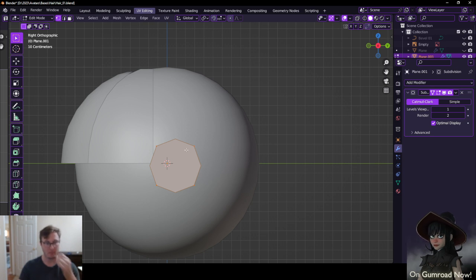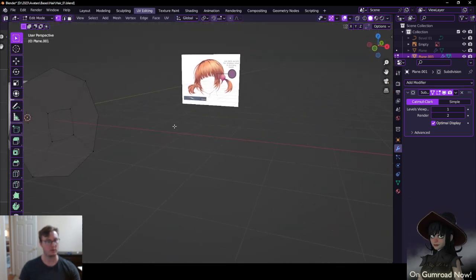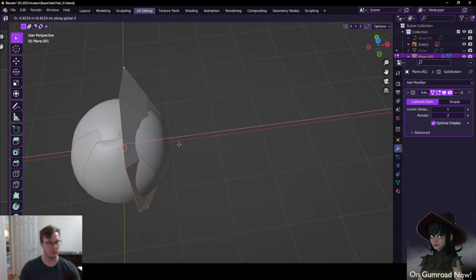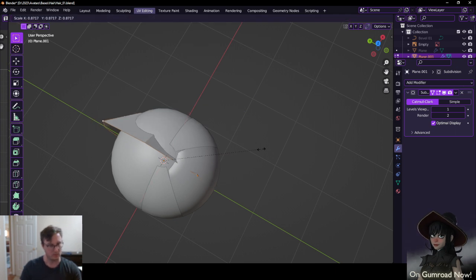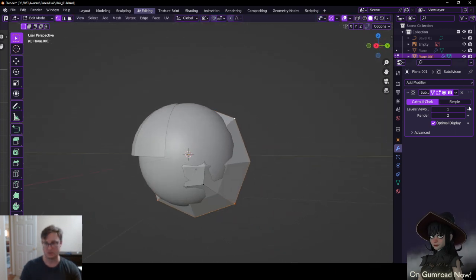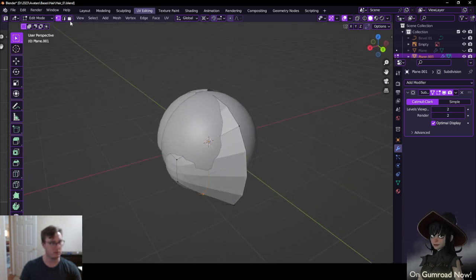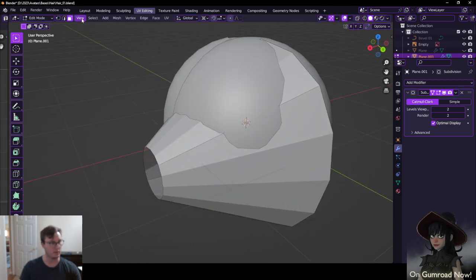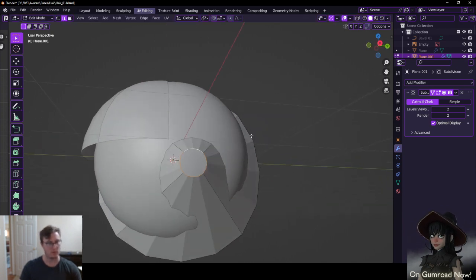Tab. Back a little further, down a little further. Extrude, scale. Delete that. I'm going to put this right in the middle. Subdivide it one more time. Cut it. Before we cut it, move the pigtail out, delete that. Put it about there. And then